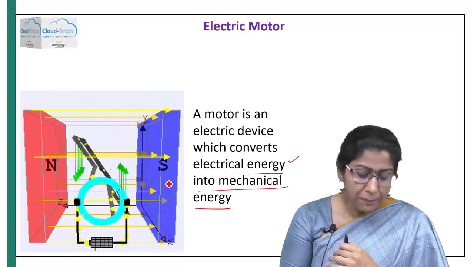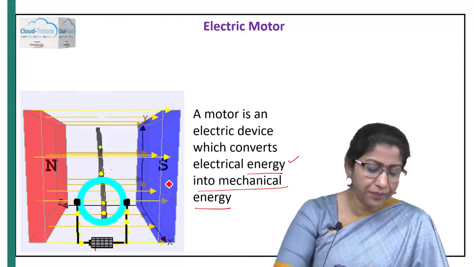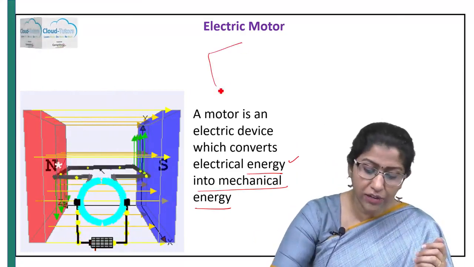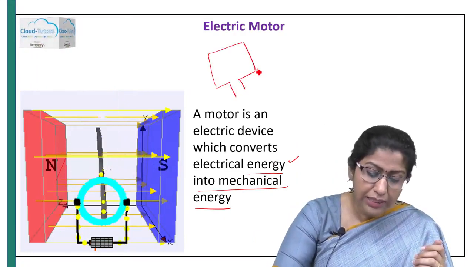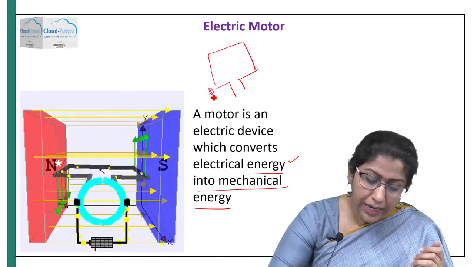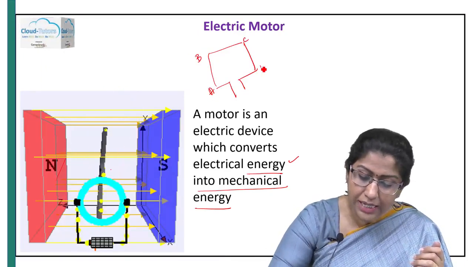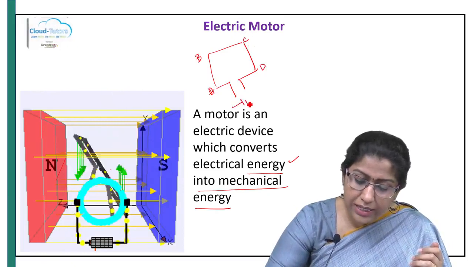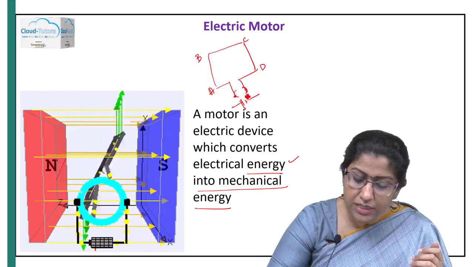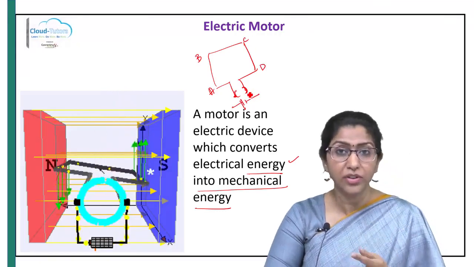As soon as we pass the electric current, this end of the coil, if I can draw it here and show it to you, let's call the corners A, B, C, D. Once these conducting brushes make the connection using the split ring, which acts as a commutator,